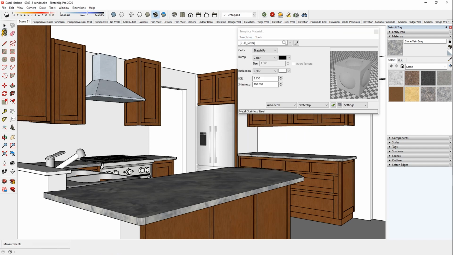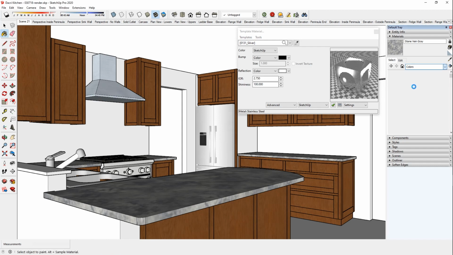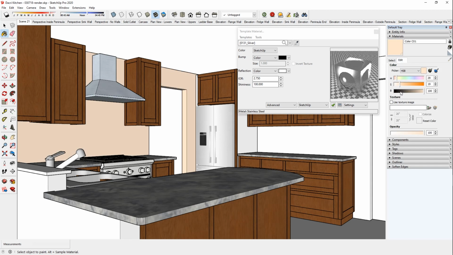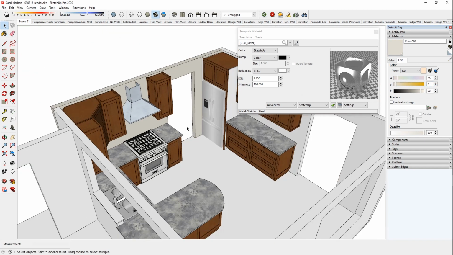We could quickly paint the walls. I'm going to choose a desaturated beige color. Maybe a little less red. There we go. And right now there's no ceiling in there, but